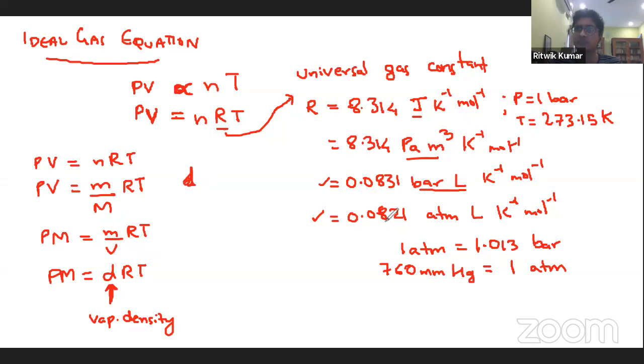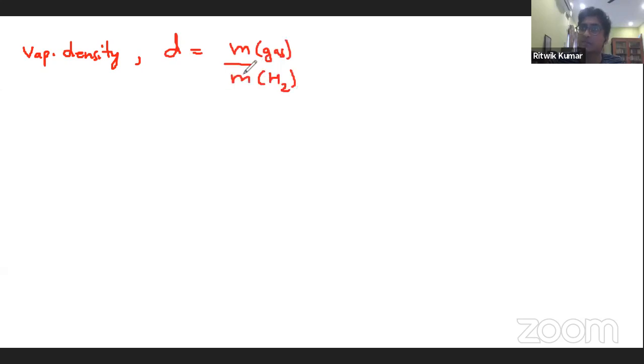I'll take a new page. The vapor density is defined as the mass of a gas. Vapor density is defined as the ratio of the mass of a gas to the mass of hydrogen gas at the same conditions of pressure, temperature, volume. Keeping all those constant, the ratio of the mass of a gas to the mass of hydrogen is the vapor